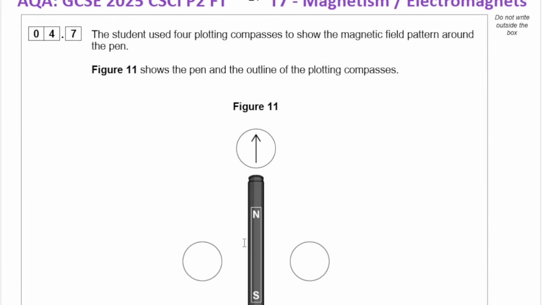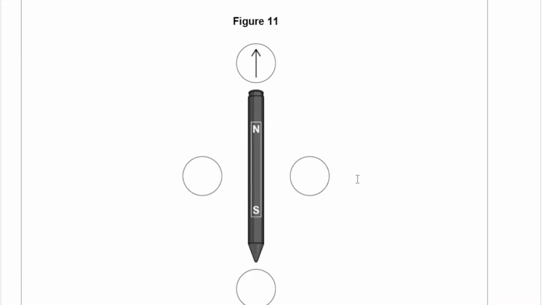The student used 4 plotting compasses to show the magnetic field pattern around the pen. So plotting compasses are really small compasses that you often find in watches and stuff. It's about the size of a button. So here you've got a plotting compass which is showing the arrow. Now the arrow always is the north and the tail is the south. The reason it's pointing up when you put it on the top is because, remember, opposites attract. So if this is the north pole here, you should have the south pole. That means because you have the south pole at the bottom,